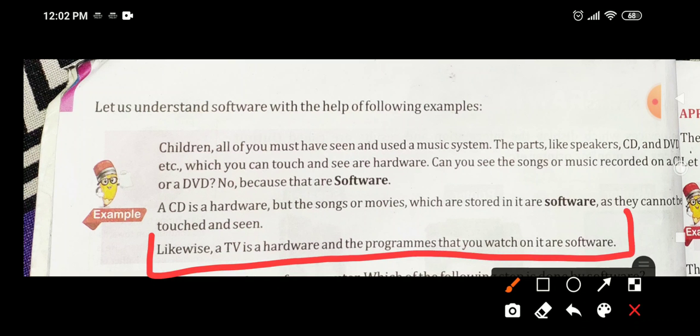We can touch the TV, but the programs which are telecasting on TV, you can't touch it. You can't touch the cartoons you are watching. You can't touch the character of the serial which you are watching, right?